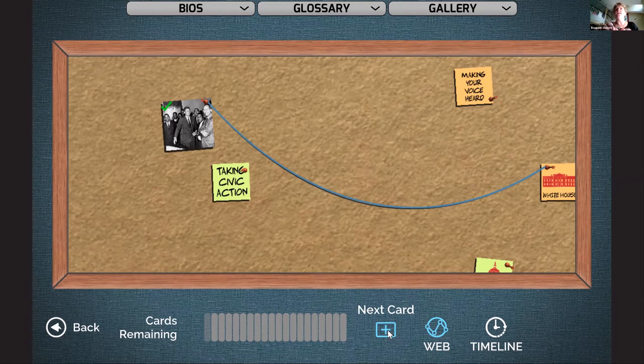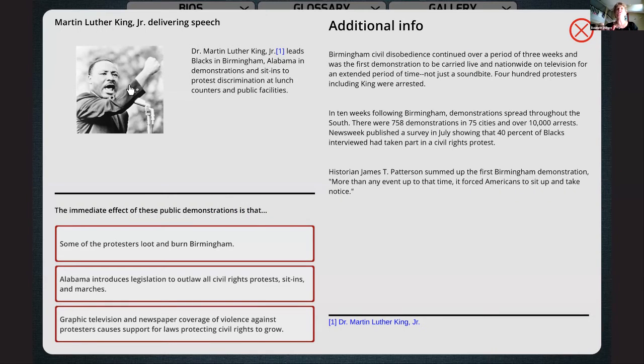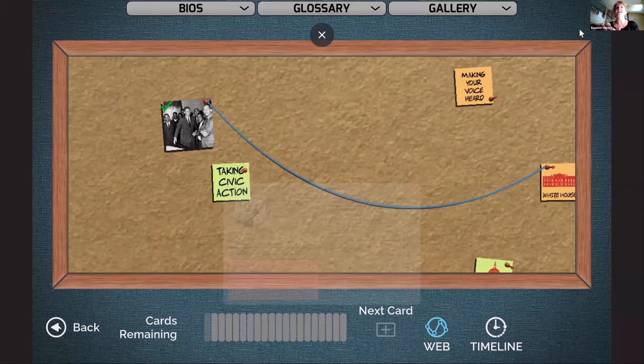Here's the next card, and here is the Birmingham speech. So you can see our first one was about legislation in 1963, and now we're going to Martin Luther King in Birmingham. I'm going to close this because we're not going to do this whole thing. And I just want to show you